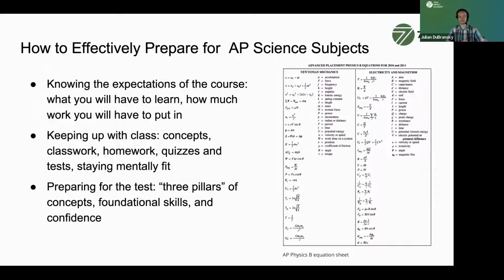And the second thing is once the class actually begins, you have to make sure that you keep up with it. So this is especially true for the concepts of the class and what chapter, what section of the chapter you're in. Because as I mentioned earlier, falling behind in a class is usually a pretty bad thing, I would say. But it's particularly bad for an AP Science class because of how closely tied in all the concepts are. But because those concepts are really closely tied in, you can actually use that to your advantage,